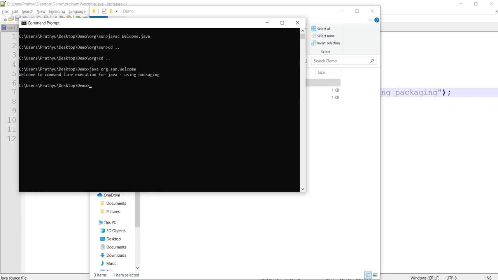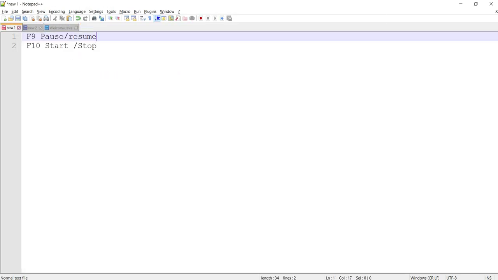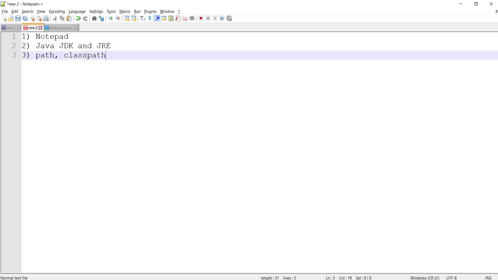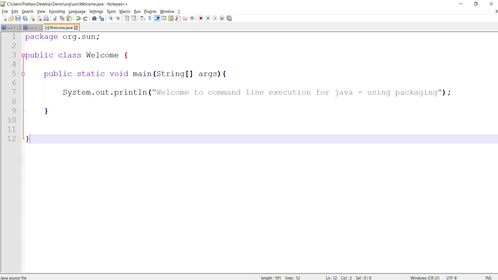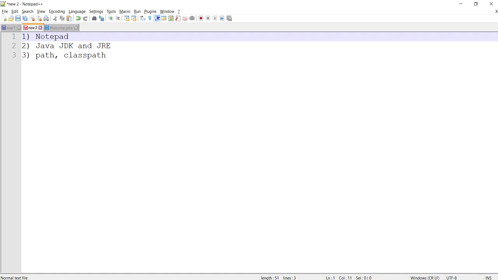This is pretty much about how to run a Java program on the command line without using IDEs. So, a recap of what we have learned so far: how to run a Java program, how to write code in a simple Notepad without using editors, I mean IDEs.